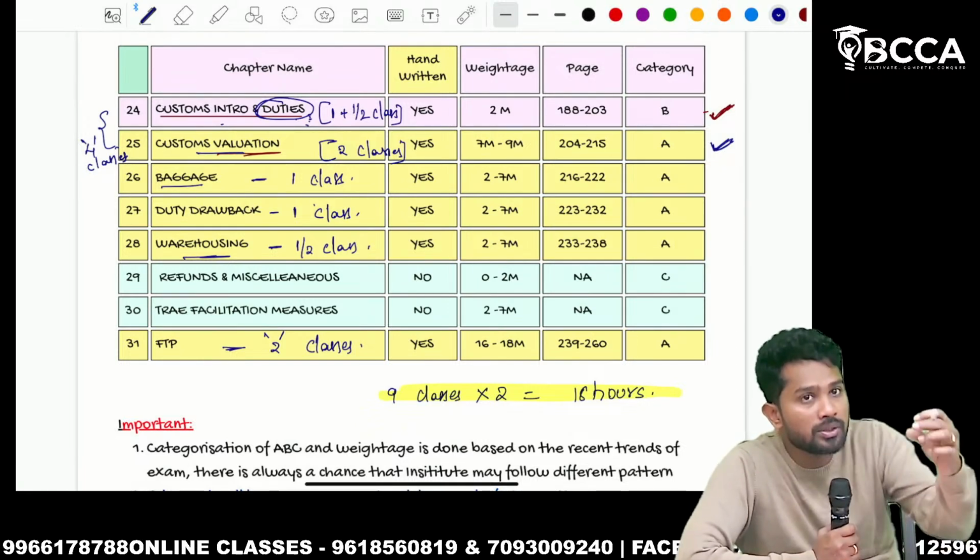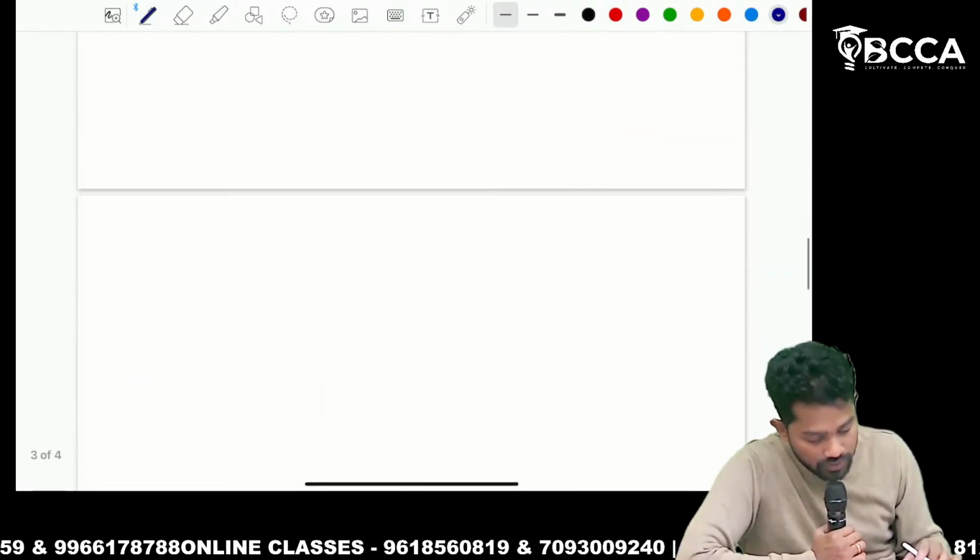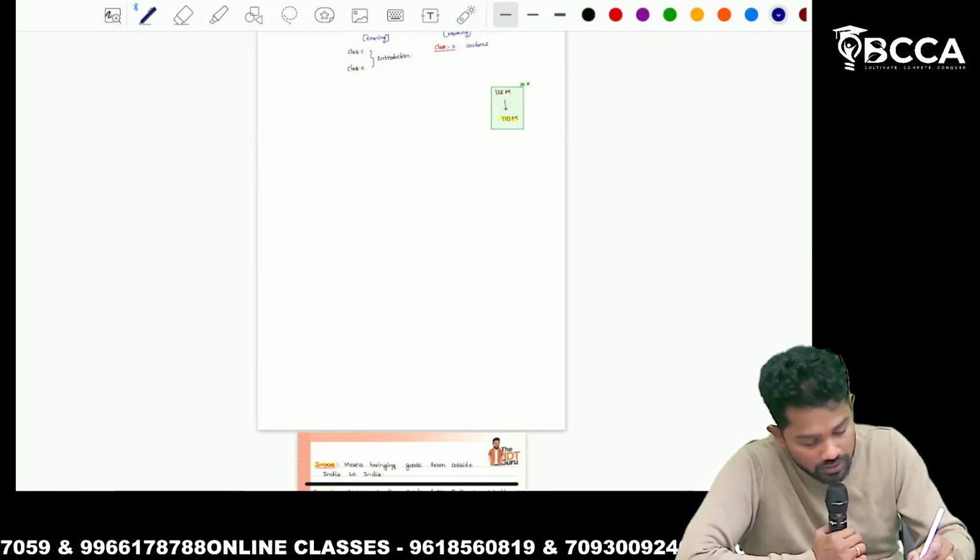If you are only able to attend the evening session, then GST can be taken care. Okay. So now, without wasting time, let us